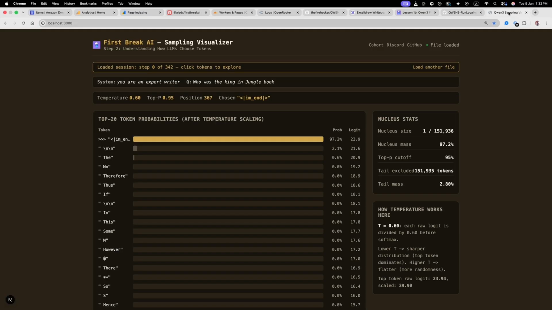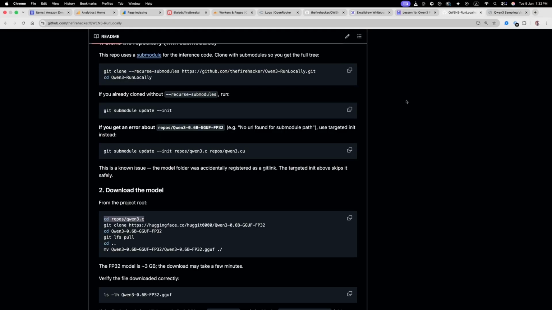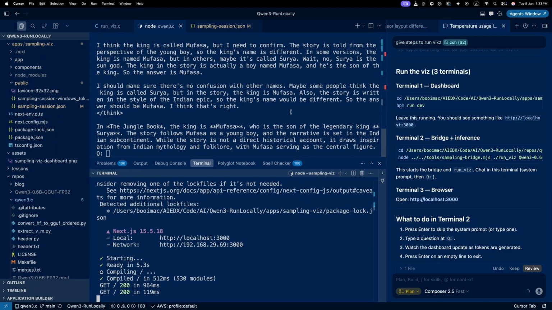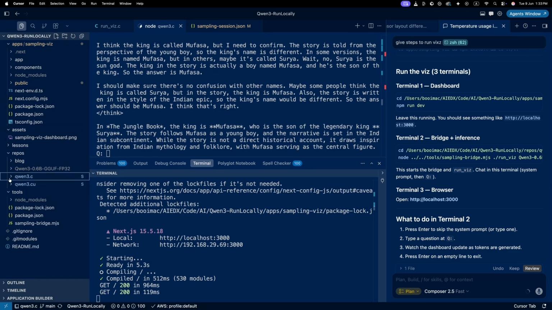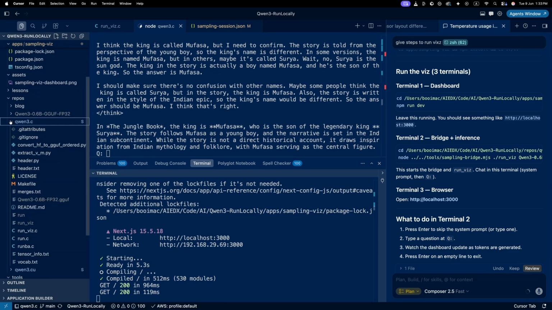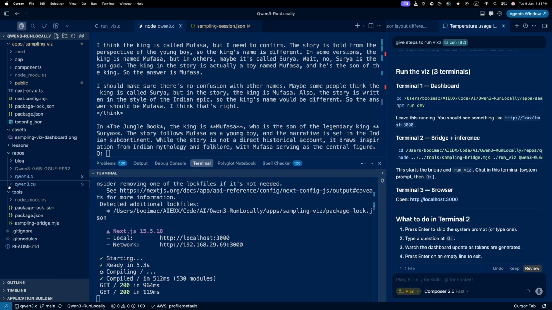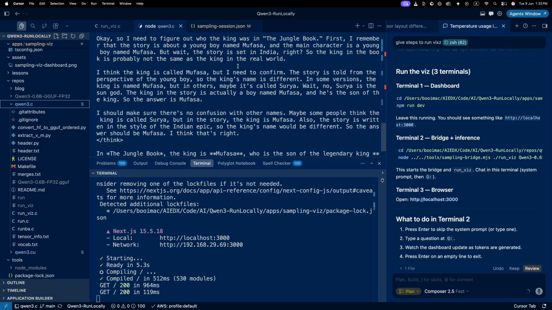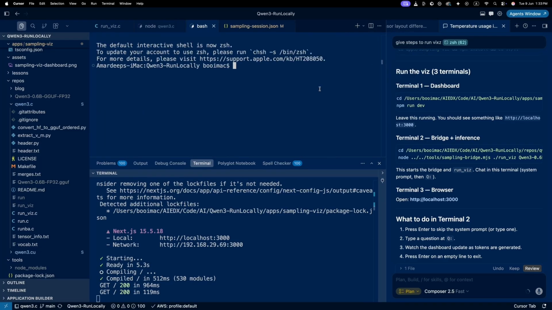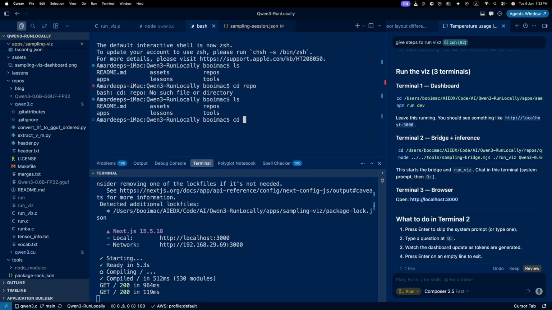So the first step is you will have to cd into the repo, which is qwen3.c. If you go to the repo itself, you can see there are going to be multiple files. In this repo, you will have qwen3.c and qwen3.cu. Today we are working on PureC, so you move into this folder. If you do ls and cd into repos, and again do ls, you'll list both the repos. Right. So now we are inside our